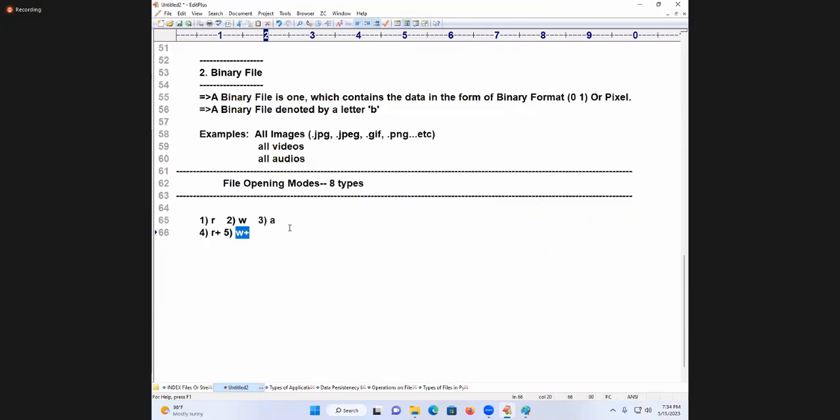So I will explain that to you so perfectly. Next is the sixth one, A plus. Spell out. They will ask you a question: what is the difference between A and A plus? What is the difference between R and R plus? W and W plus? And you already prepared one answer in the brain: plus is not there, plus is here.